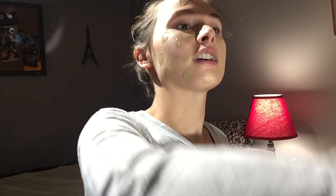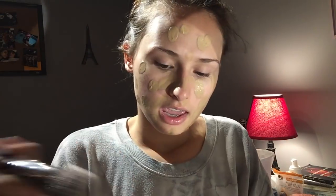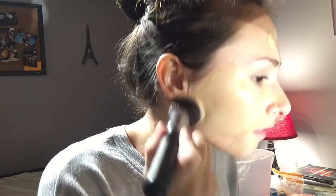So this is my first time using any of these brushes, and I'm so excited to try them on camera with you guys. So this is all of them. And the set comes with 23 brushes, and I think the total came up to be like $155,